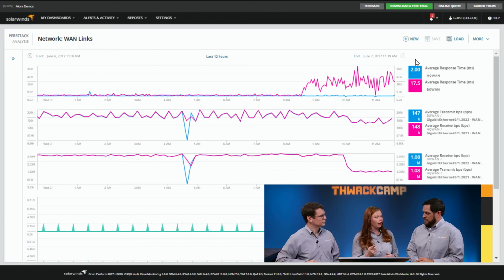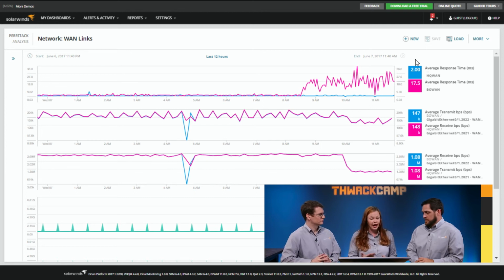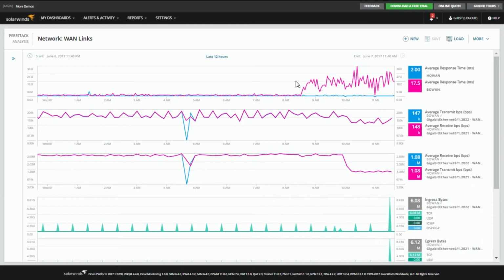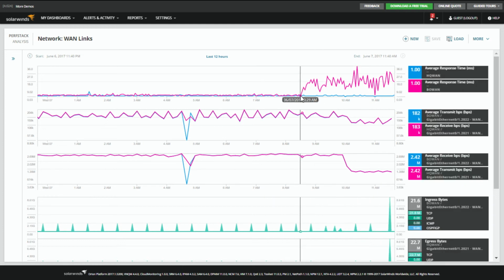Or if we have to roll out patches or update iOSs, they want to verify that it's not causing an issue on your network. So for me to use PerfStack, I come in here, and say we did a maintenance, as you can see from here, we did it right around 8:30. And then all of a sudden our average response time started to go up and away, right? So for me, this is not what we wanted to happen. The normalcy is not there anymore. We're seeing an increase in response time.